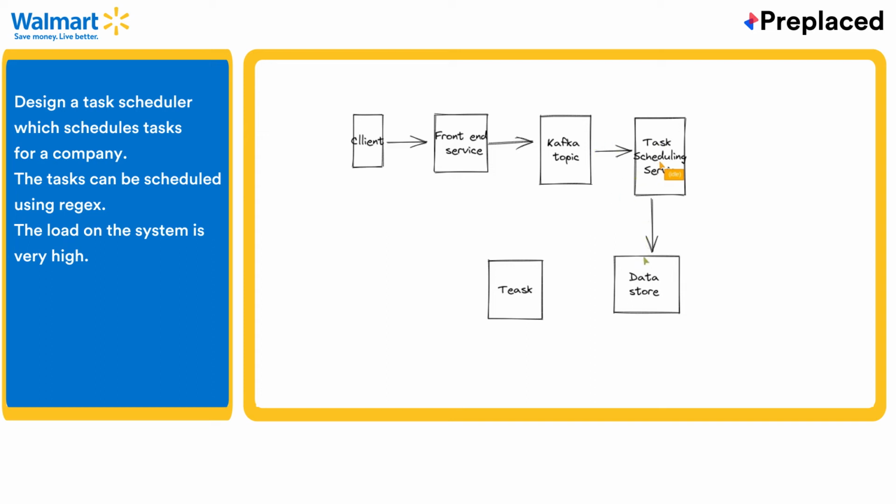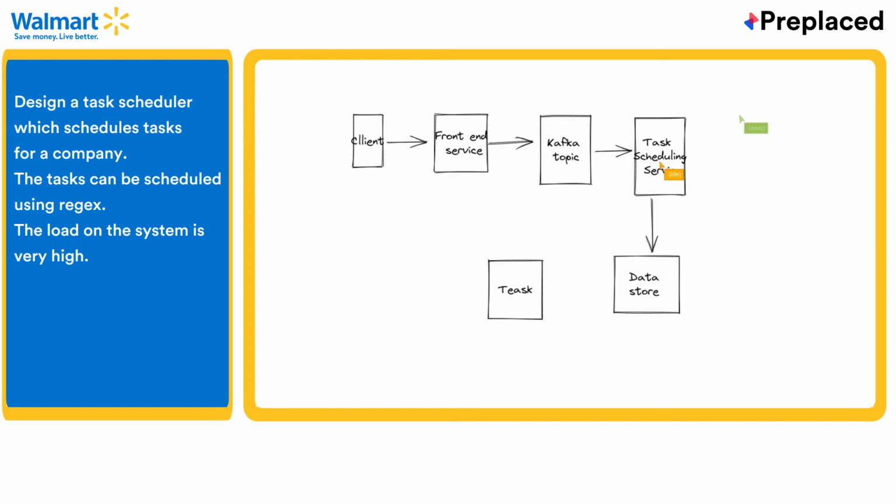What is this task scheduling service doing actually? Yeah, I'm coming to that. This service is just taking up the task from the Kafka topic and storing it in a database. And if the task is going to be executed at the same time, then it will be